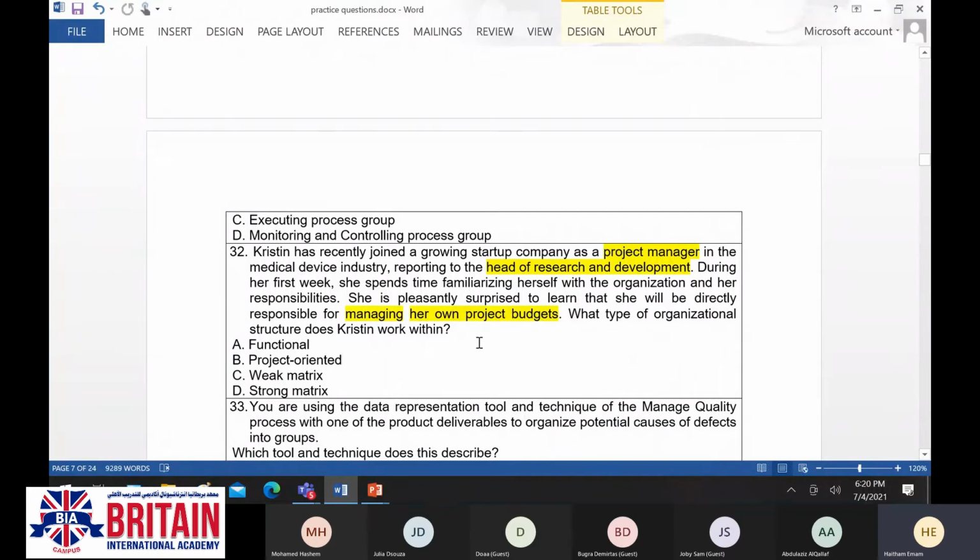He doesn't have any authority over anything, and anything related to the project is under the umbrella of the functional manager. And in between, we have the matrix organization. In the matrix organization, we have three subcategories. The first one is weak matrix, which is very close to the functional organization. The project manager doesn't have authority over the project.